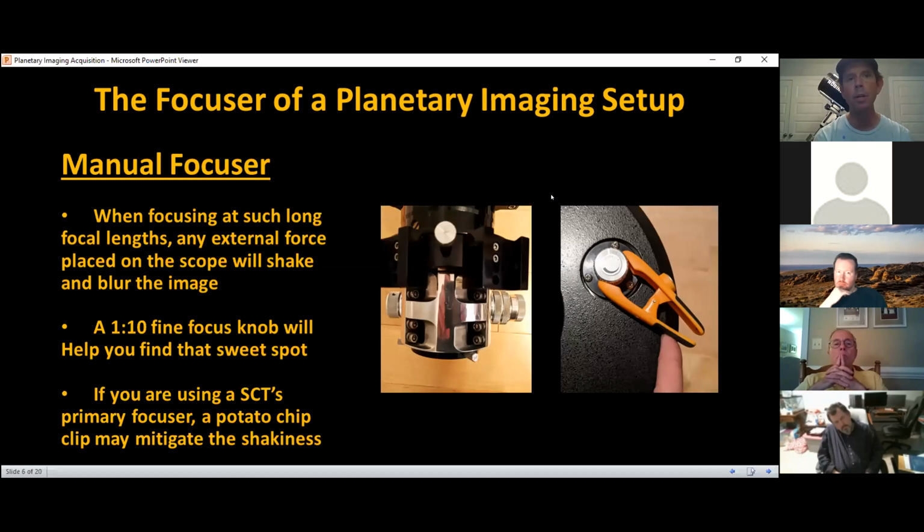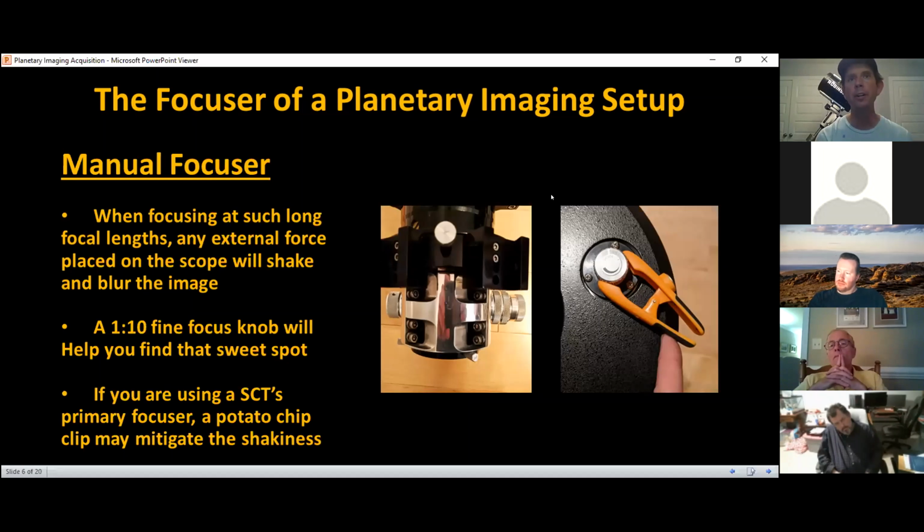And some of the recordings I'll show you, or I have a few time lapses where that's what I have, is a manual focuser, and it's brutal to do it manually when you can do it electronically, which we'll talk about in the next slide. But of course, the hardest thing about it is to make sure that you get your object in focus without shaking it around at the same time,